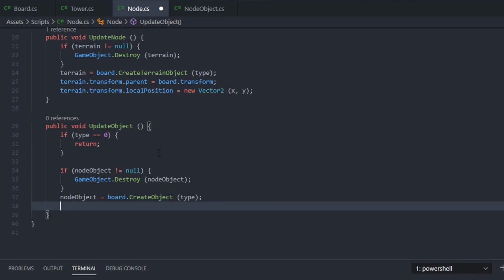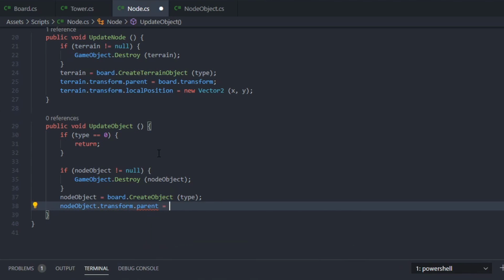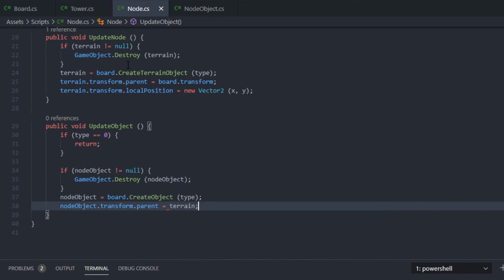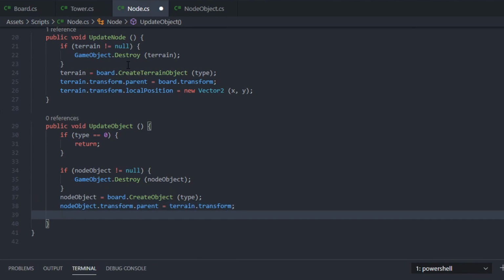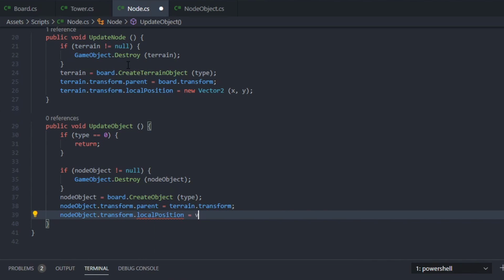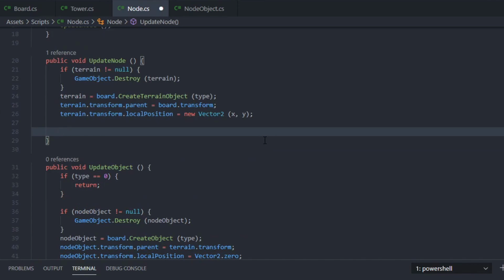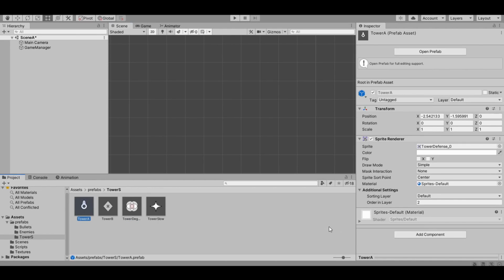So node object is equal to this, and node object.transform.parent would be our actual terrain object, and node object.transform.localPosition is Vector2 zero. Now inside of here we call update object, and now let's go inside the towers and put the tower